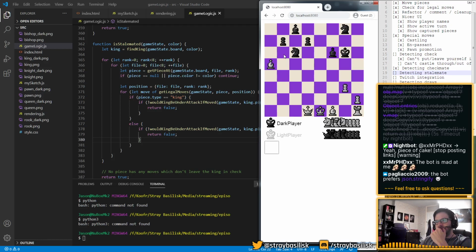So I want to keep a king and queen on one side. I'm just going to stalemate it with the queen because I know how to do that in the king-queen endgame. Basically just shove them into the corner. Aha. That's nice. Let's do something with this. Oh, sorry, dark player.